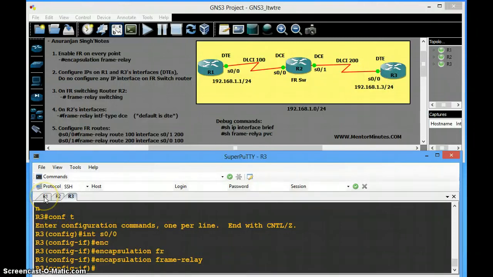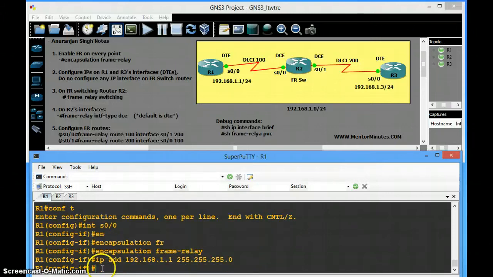So we'll go here, and since already we are in the same interface, here we will assign the IP address 192.168.1.1 to 255.255.255.0. This we have assigned.